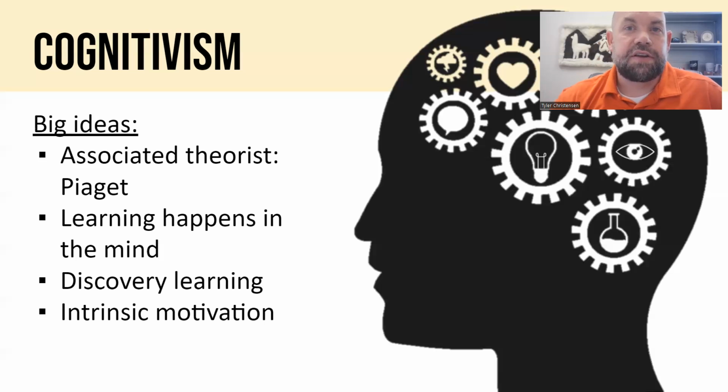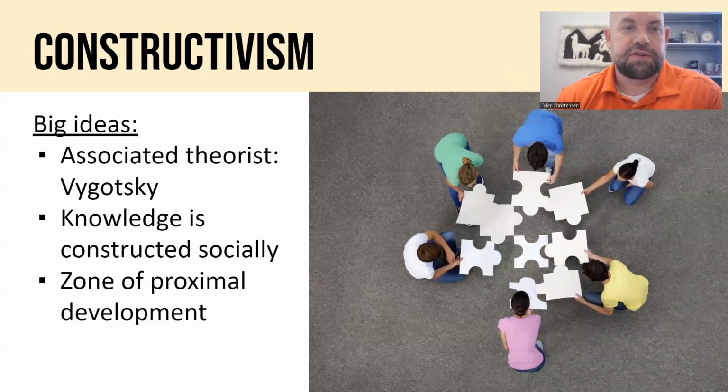Now, Piaget is the theorist associated with this, and he did a bunch of different experiments too, and kind of pioneered this idea of discovery learning. Montessori schools and other schools came up in the 70s as a result of cognitivism, where they said, we need to play more, we need to do more exploring, especially at the younger ages where our brains aren't fully developed and we're learning different things. And so that's cognitivism.